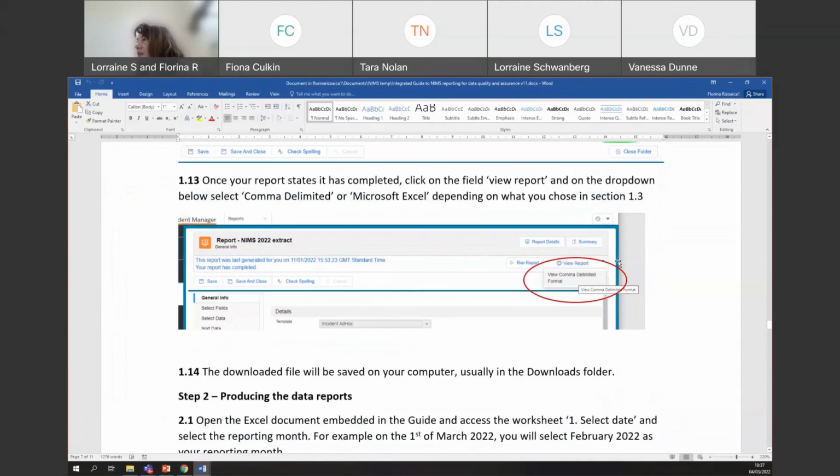So here you have the image. Once it's done, it says your report was generated. So I click on view report, view, the limited format, and that will download the file for me. The file that I will get, hopefully I'll be able to show you that in NIMS,